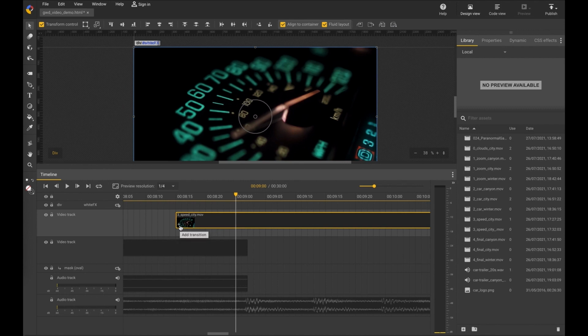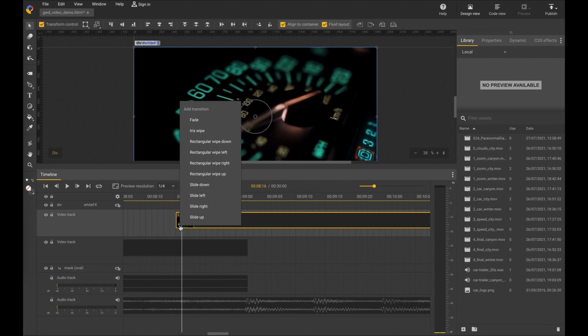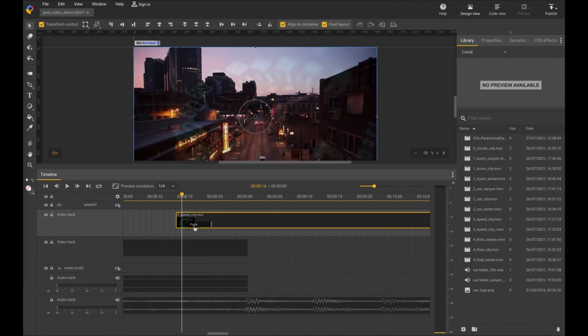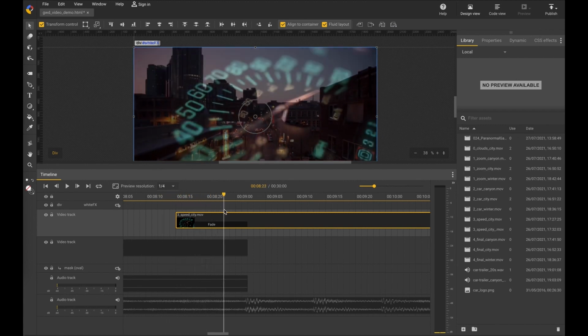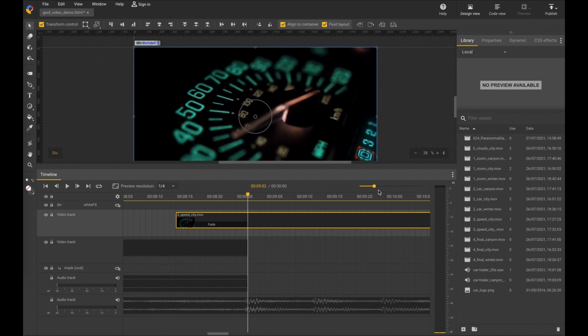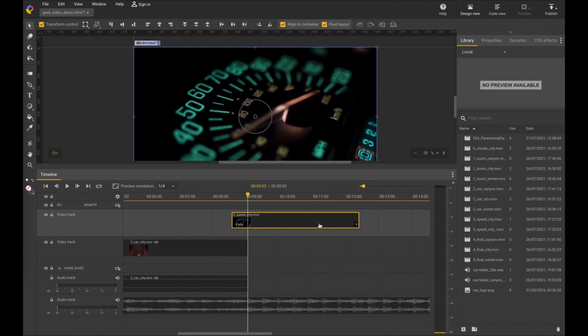On the bottom, you can see this little plus. It says Add Transition. And if I click on it, you can see many transition options like slide up, slide right, slide down, and so on. And we want to go for fade. So very classic here. It's only a quick one. So you can see there's a track now, and I can move with my cursor this fading option here. And you can see if I scrub the timeline, it's slowly fading in before the first video stops, and the speedometer here is fully visible.